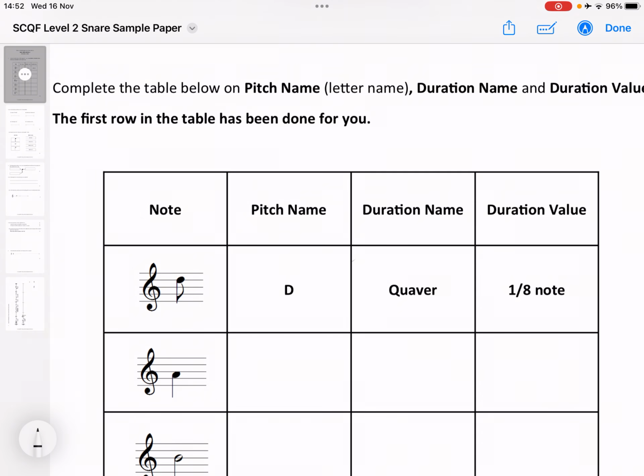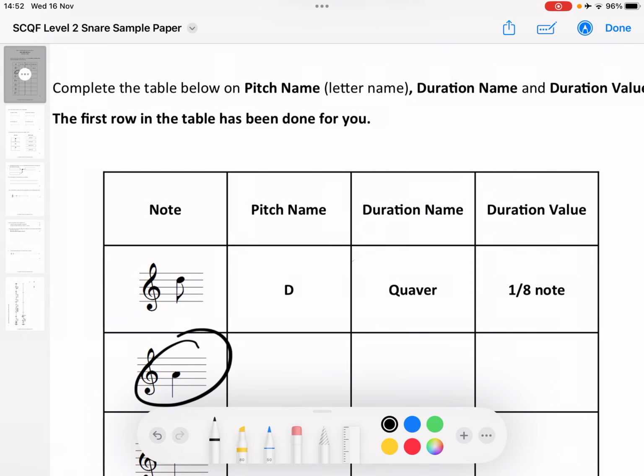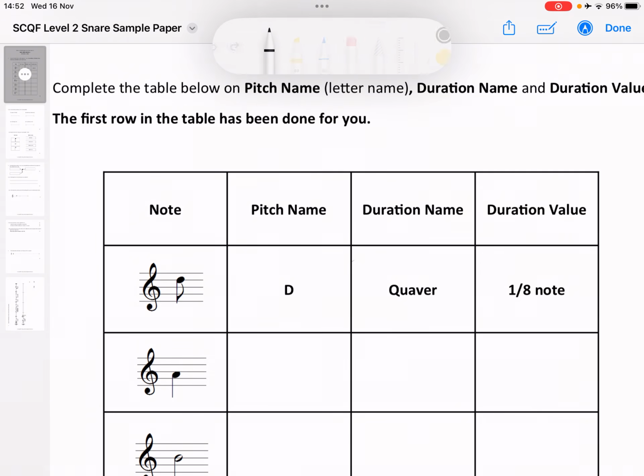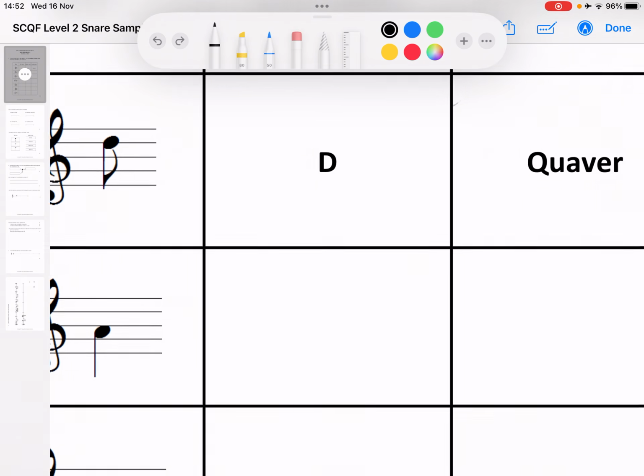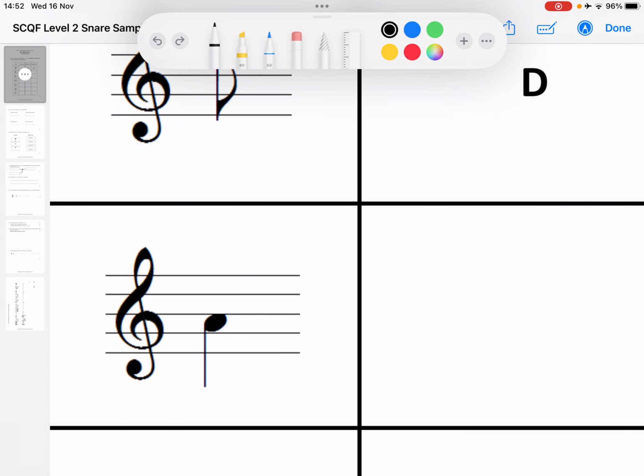Okay, so let's have a shot of this one then. And I'm going to move this up here so I can still see it. So let's have a look. If we zoom in, we said that line was G. So the next space is going to be A. Remember, every line and space, you're changing the letter. So we started with G, then A, then B, C, D, and so on and so forth. So we know by looking at that, G is the line, that's A. So my answer to go in this space here